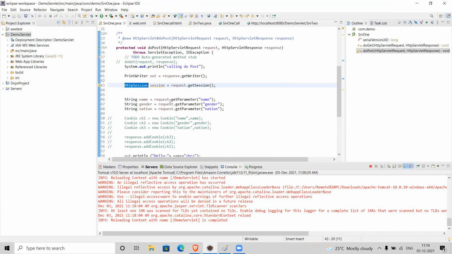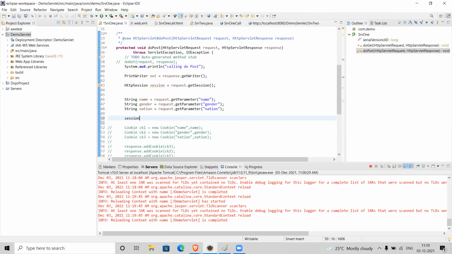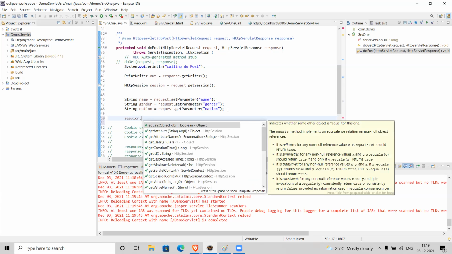Now, using request.getParameter, we were reading some information, right? Now, using the session object, we can store this information on the server side.